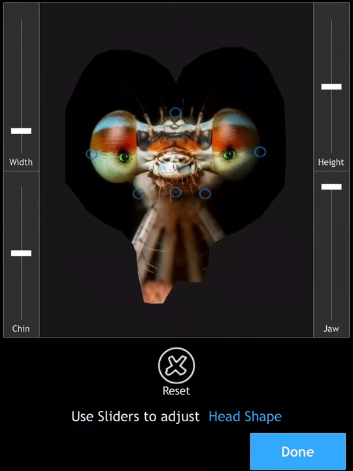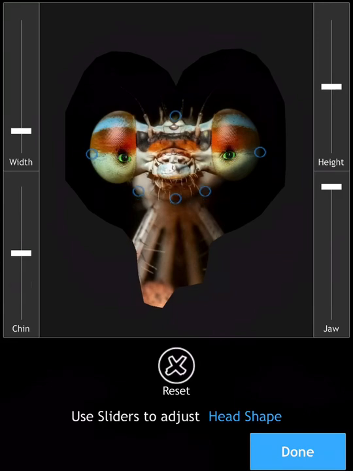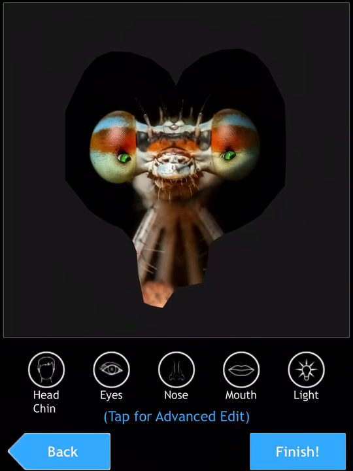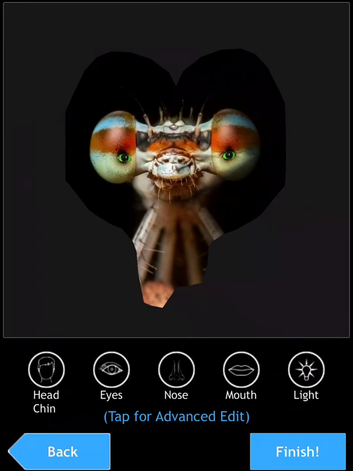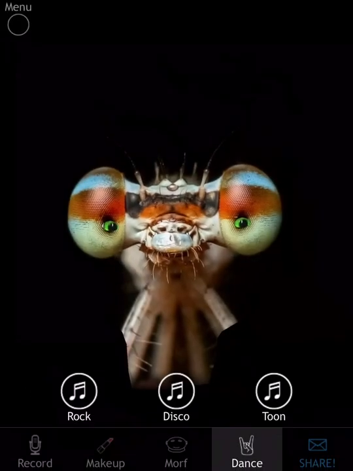Just play along with the sliders and see what best suits. Like you can make the jaw flatter, you can make the chin a different shape, which I might do now a little bit, but play around with it until you get how you want it to be. Now I'm going to click done. And the other options are you can move the mouth, the nose, and the eyes. You can move them around when you're in those options, but I'm going to finish and start looking at creating